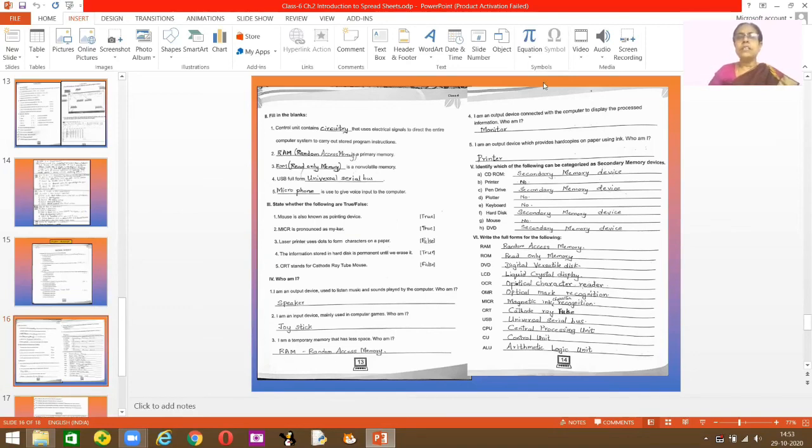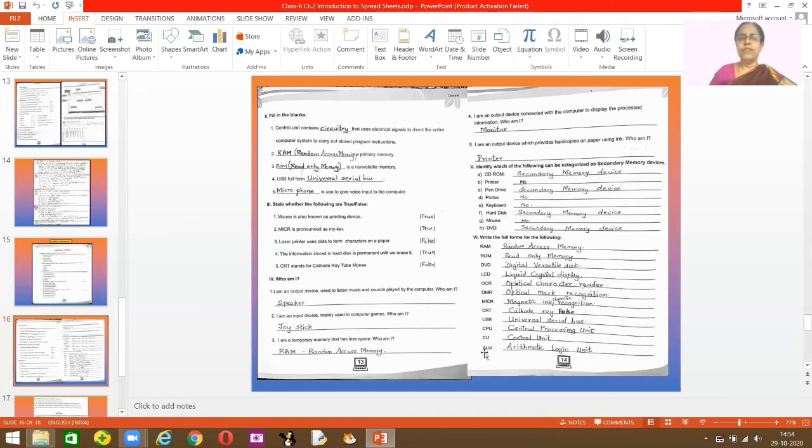I am a device that is used for playing games, joystick. And so you check all these things. I'm a thing that is used for printing on hard copies. Hard copies is your paper when anything is done. So it's a printer that does the printing work. Then which of the following belong to the secondary memory device? So CD-ROM you can store, so it is a secondary memory device. Printer, it's not a secondary device. Where you can store data for later use, that's called a storage, that's called a memory device. Then you have a printer, no. Keyboard, no. Hard disk, yes, it's a secondary device. Mouse, no. DVD, yes, it's a secondary device.